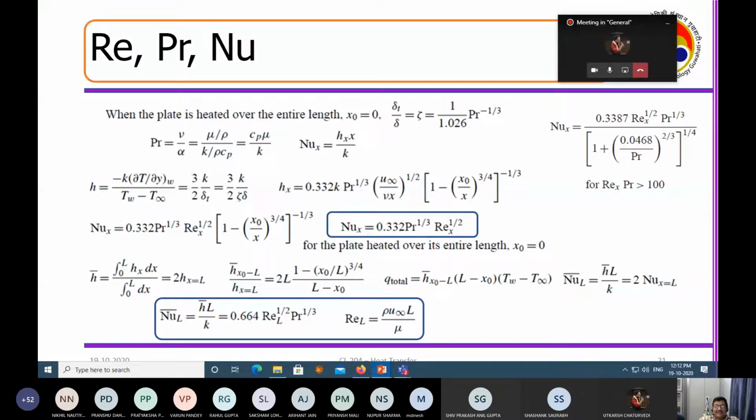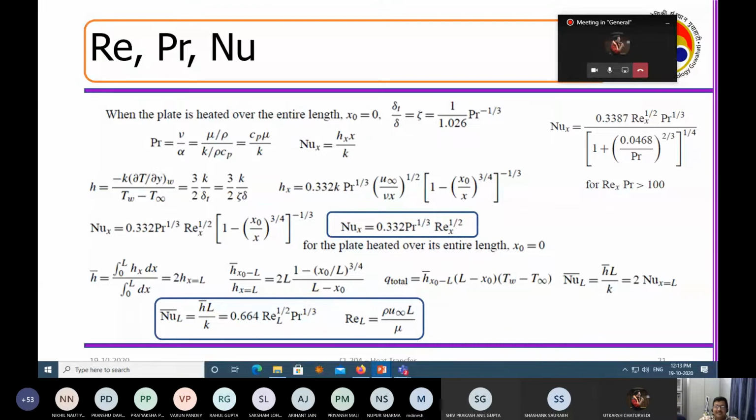And why are they so important? Because you can see that this particular equation consists of so many parameters. Nusselt number means what? Hx by k. So you have involved heat transfer coefficient and thermal conductivity. Prandtl number is mu Cp by k. So you have involved 3 more parameters. Reynolds number means dV by mu. So you can see that it's a very simple type of equation, but it has so many parameters embedded inside it.